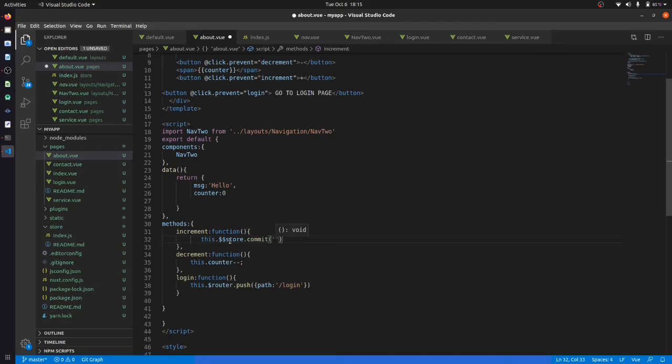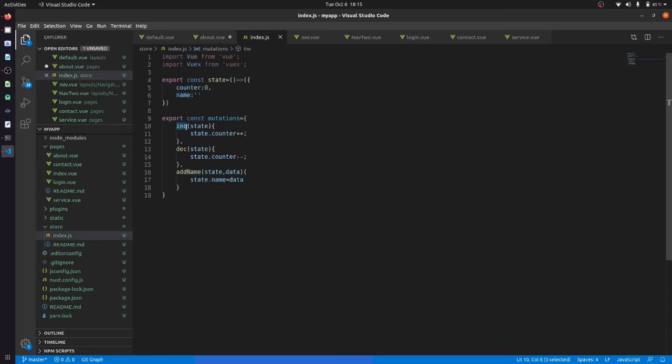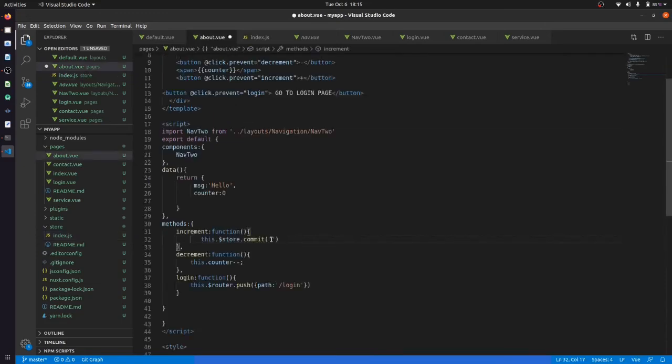Inside that commit we just have to write the function that we have given in index.js. We have inc, so we give the name of that function here, inc. In a similar way, copy and paste it here, and we give dec because we have a dec over there.